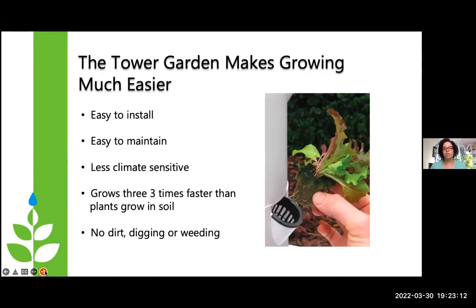The Tower Garden makes growing easy. It's easy to install, it's easy to maintain, it's less sensitive to climate because you can move it around if you need to. It grows 3 times faster than what you can plant in the soil. There's no digging, there's no weeding, there's no dirt. In fact, all you have is these really pretty white roots that are growing on the inside of the tower